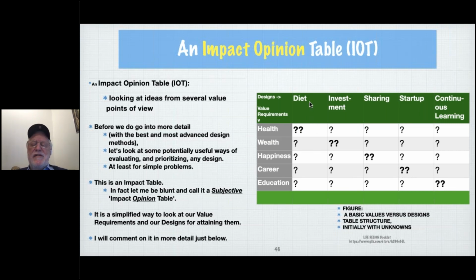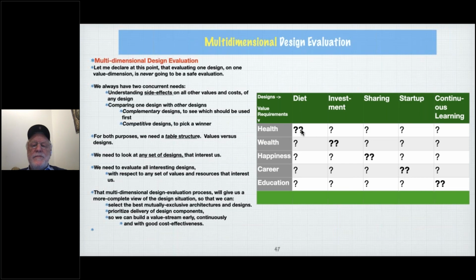The moment you suggest to a family friend you're thinking of this and that diet to reduce your weight or something like that, they might explain to you how expensive it is and it's going to destroy your wealth. So in other words, in ordinary conversation and experience, people will inform you about side effects, or you can investigate them yourself. What I'm suggesting is that all designs need to be evaluated